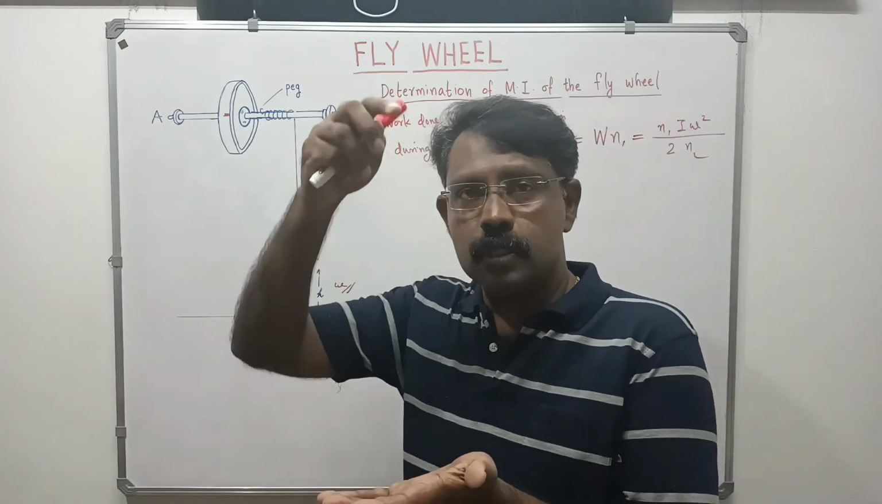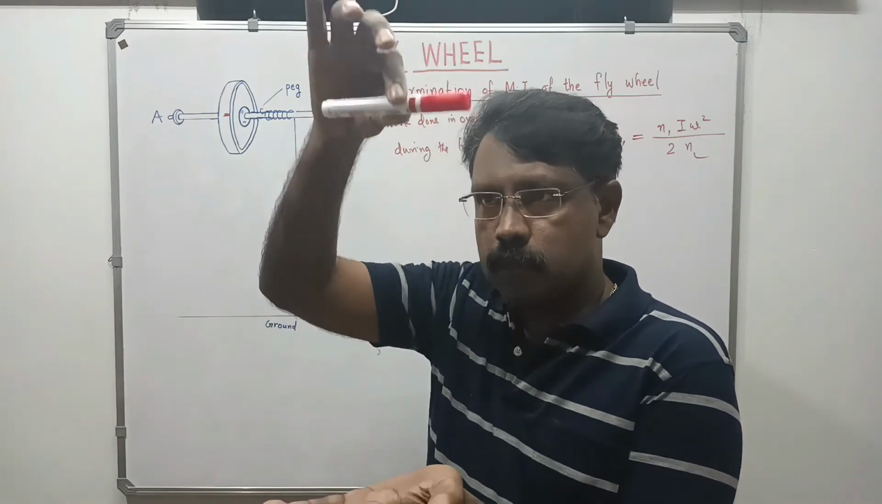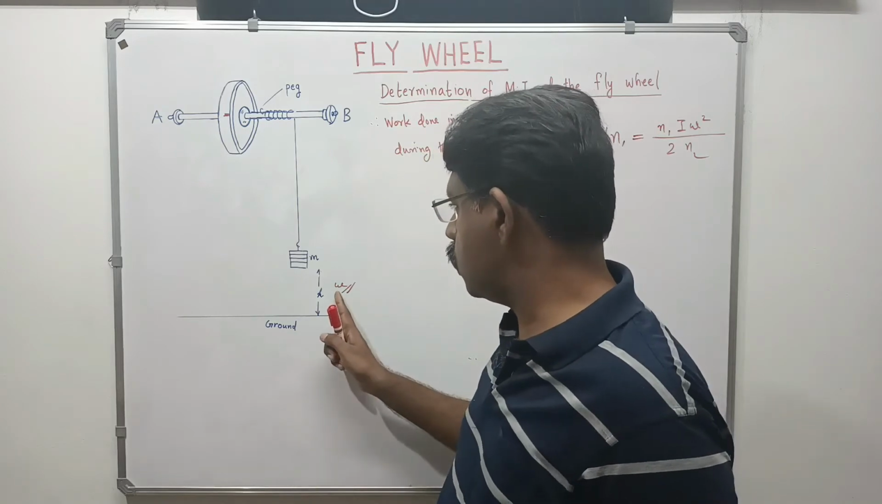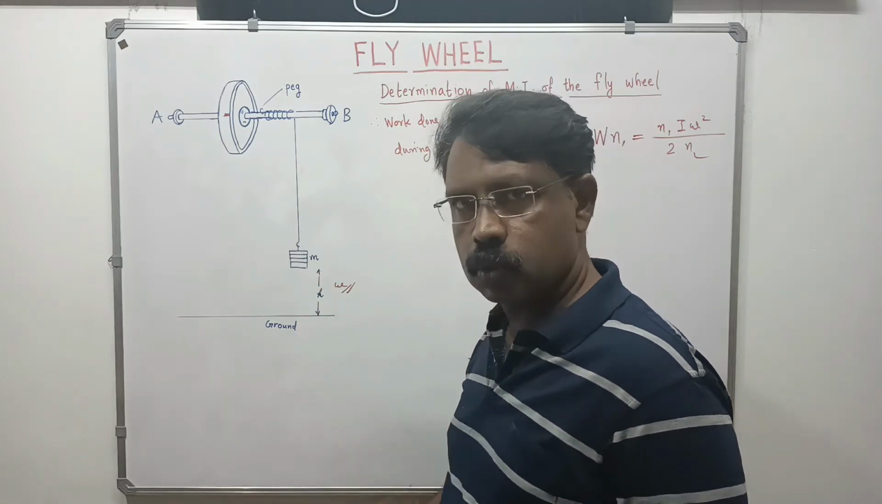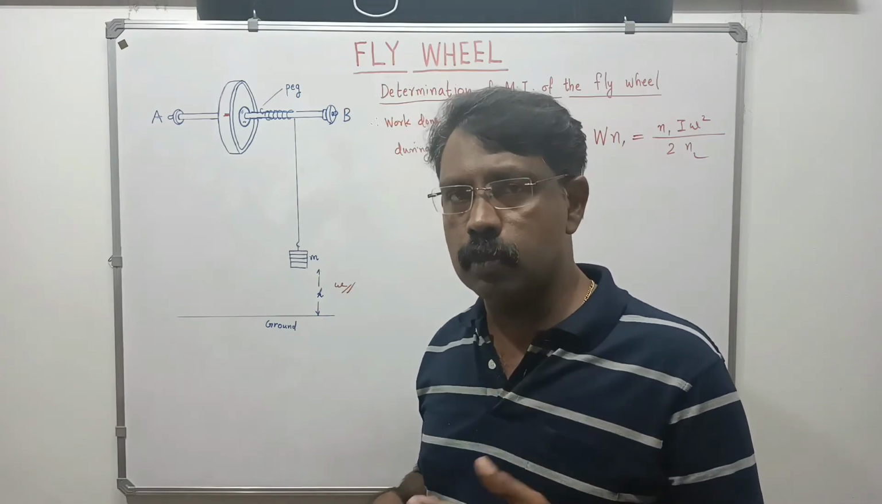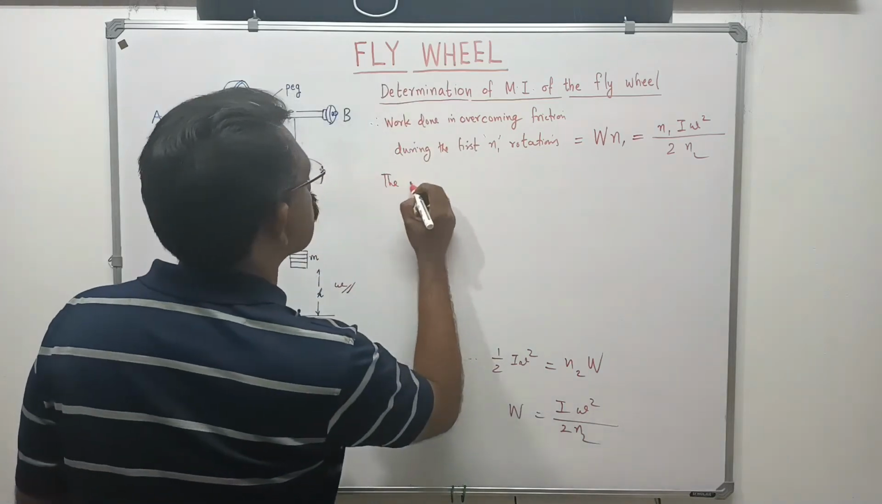Because when the mass is released, mass is coming down, there is a linear motion. Mass is here, mass is coming down, there is a linear motion also. So if there is an angular motion, there is a linear motion also. So what is that linear velocity? There is an angular velocity, linear velocity on that. So we can say that the linear velocity